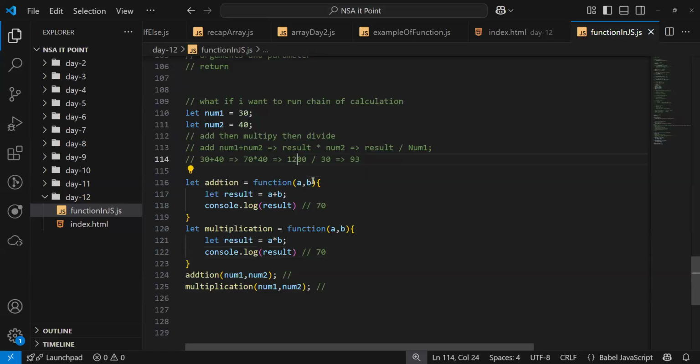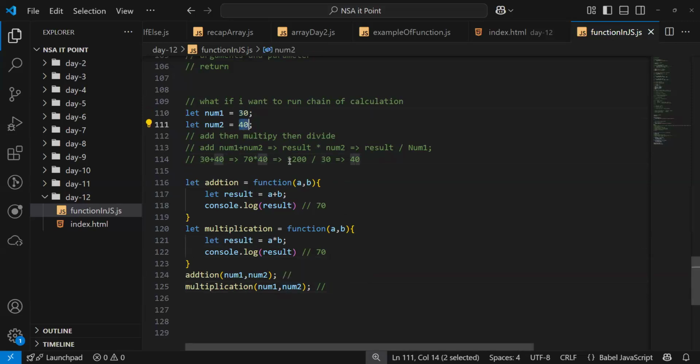Okay. So that also affects, right? That it should be 40. Correct? Okay. Even if we do this, we want a multiplication. It's a 1200.